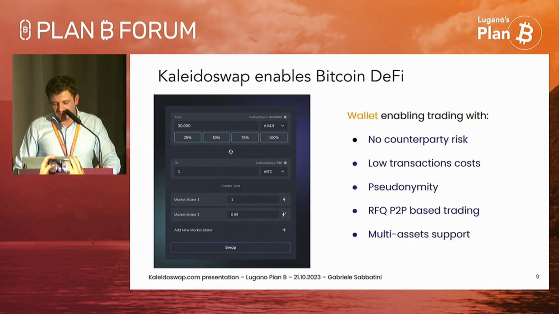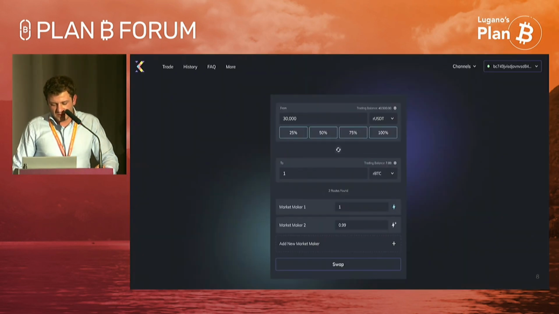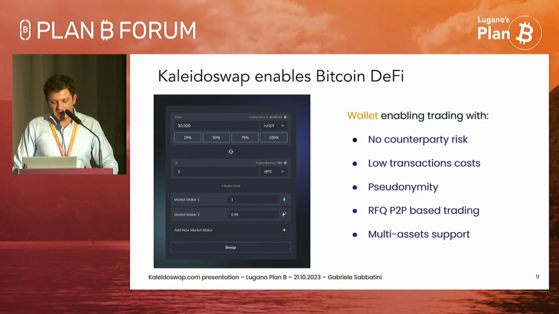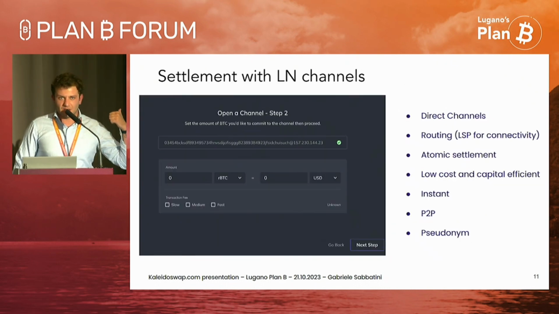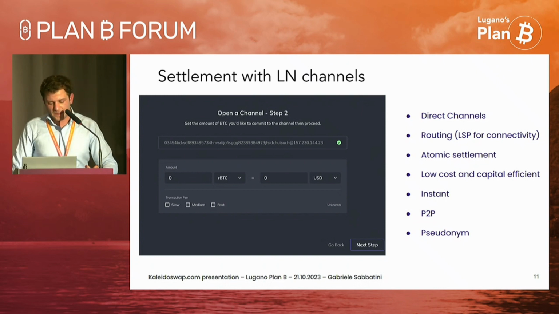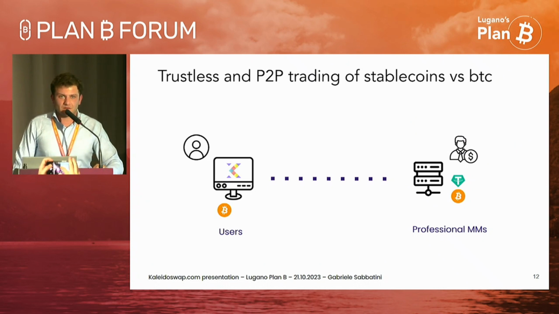So let me show here. As you can see, there are several market makers that you can connect with, right? And for sure there will be a market maker by default, but you will be able to connect with everyone, right? And how you connect is basically this interface. So you need to put the identification of the other peer, and you can connect with them, right? So once you are connected with the market maker, let's assume that there are also professional market makers running the